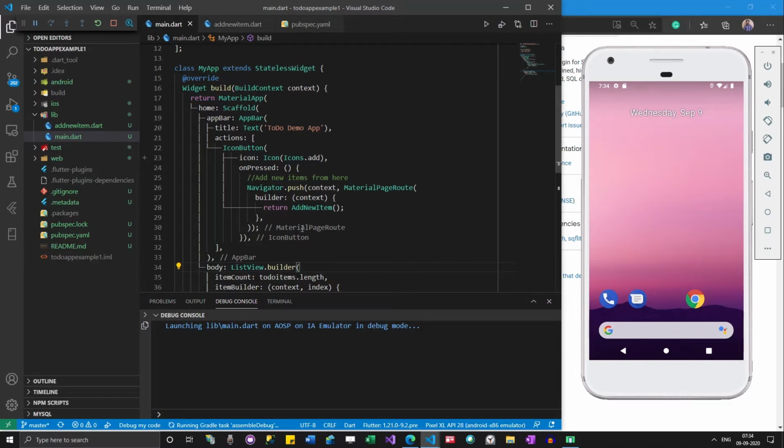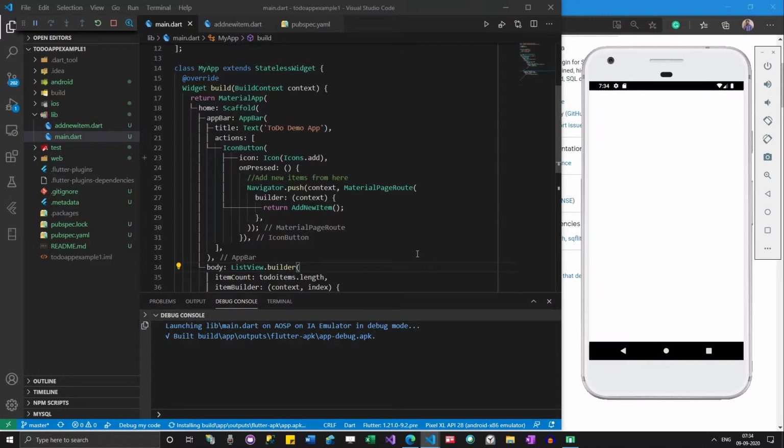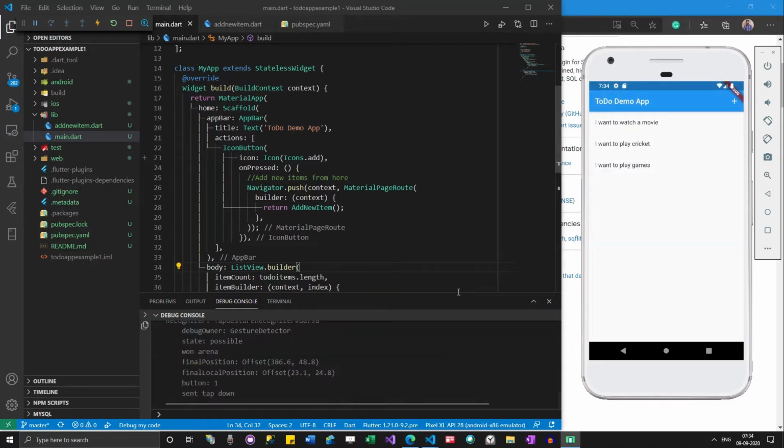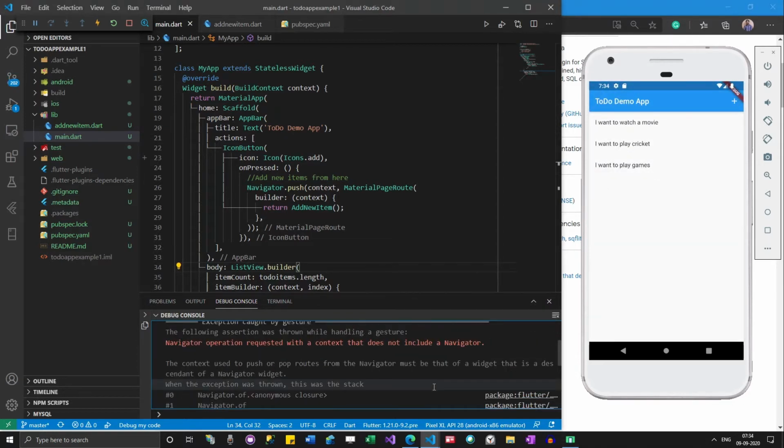Actually, I'm expecting this code to work properly without any issues. That's why I want to rerun. Still some issues there. Let me cross check it.